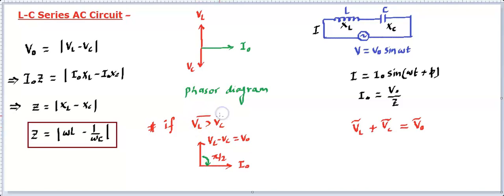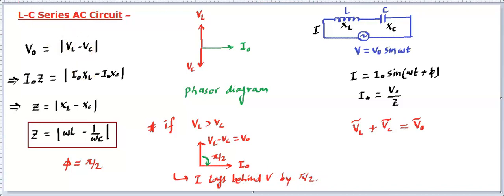If you find the case in which VC is higher, you will find the resultant will be coming downside. So V naught will be here, then the current will be leading by 90 degrees. So that will be capacitive nature. Makes sense? So we can say phi is going to be pi by 2, and plus or minus can be decided depending upon which one is the case. For instance, in this case, current will be lagging behind. So we will say I lags behind V by 90 degrees.